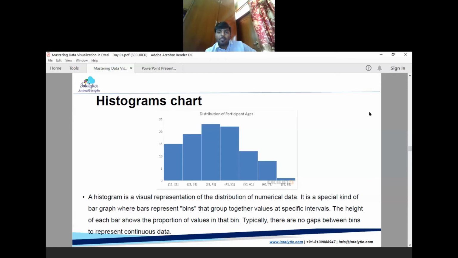In other words, these are the bins, and the length of these bins is the frequency of the measure of value. On the slide you can see easily that the height of each bar shows the proportion of values in that bin.